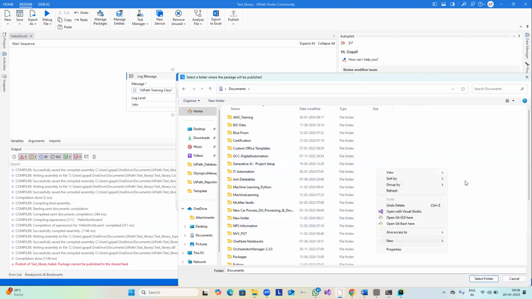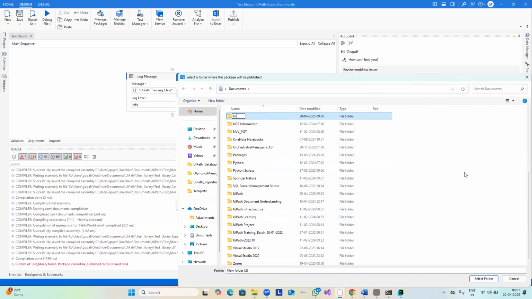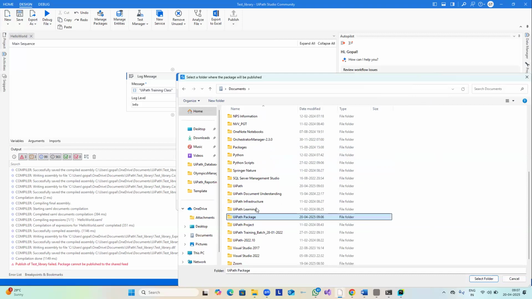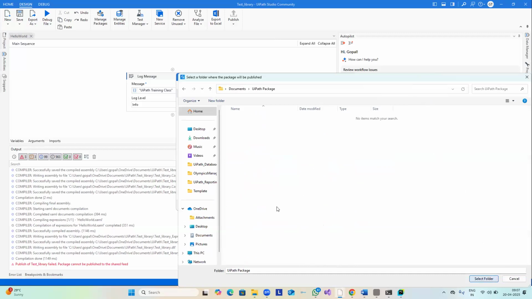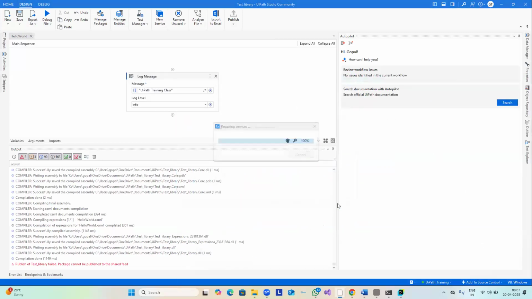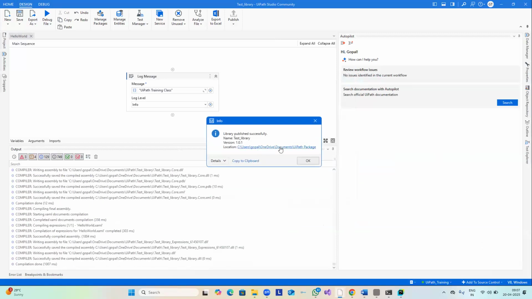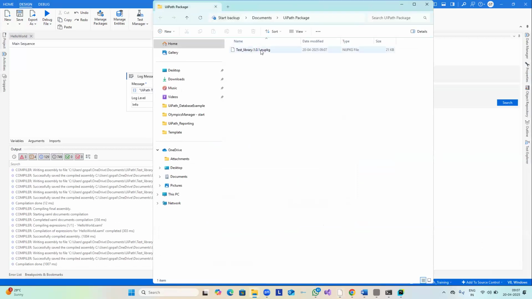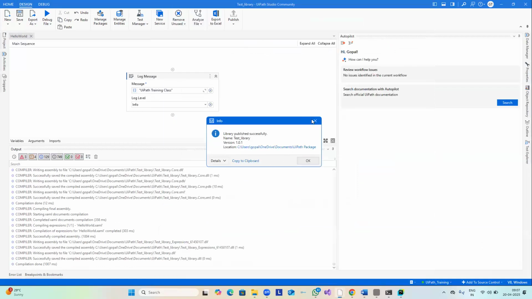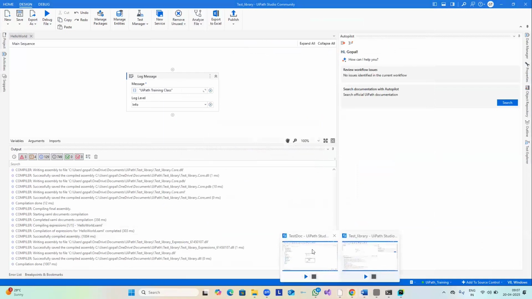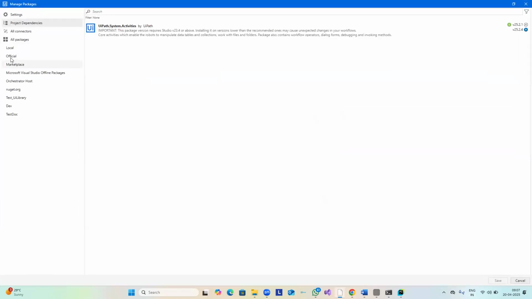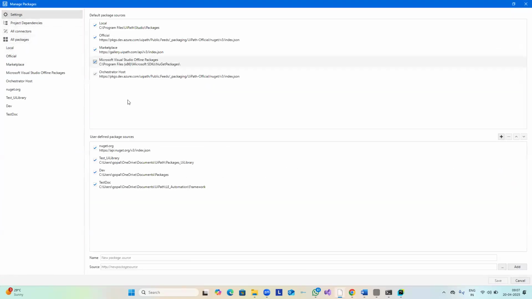I'll create a new folder here. You will see that it will basically publish that UiPath package into this folder. So if I navigate there, you can see that it has created one NuGet package here, right? And that NuGet package, if I now go to UiPath, my code basically, you go to the manage packages, having a local path setup over here,